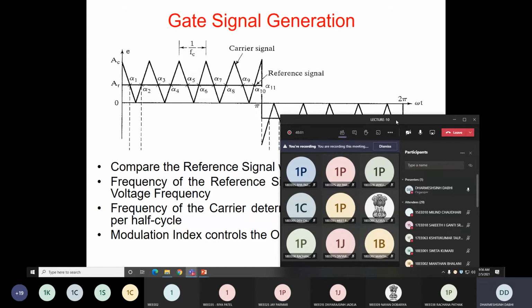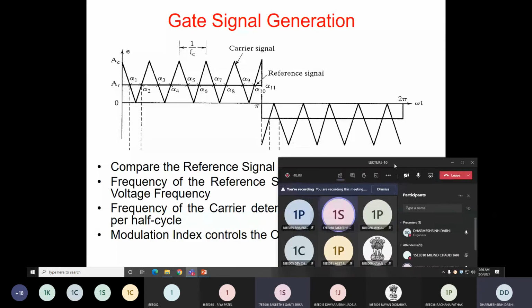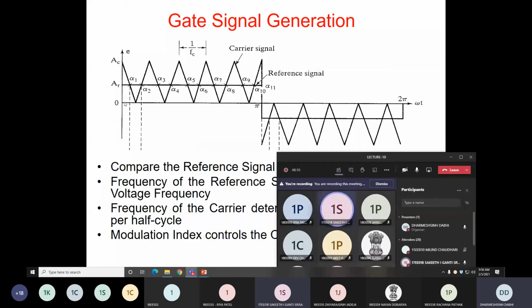Yes, give the answer. Sir, see, just by seeing this waveform, you can give the answer. You can see how many times the cycle is completed. How many times do you get the peak of the triangular wave in a half cycle? 1, 2, 3, 4, and 5. Here, 5 times in one half cycle. Same way, 5 times in the negative cycle. 1, 2, 3, 4, and 5. So 10 times peak. It means 10 complete cycles of the triangular wave in one complete cycle